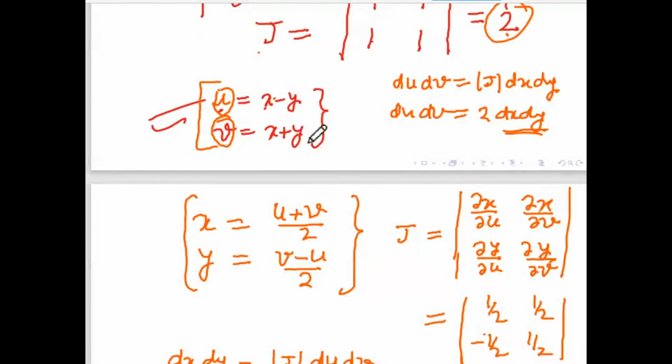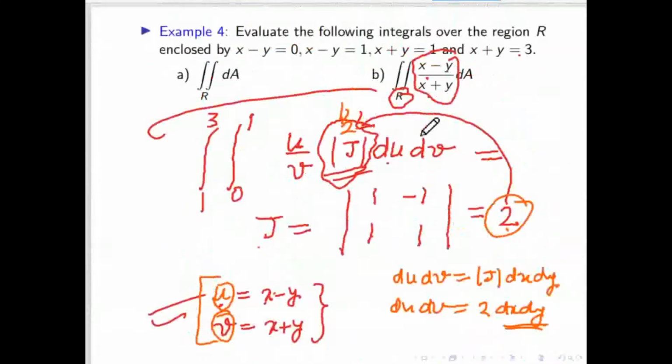But the advantage of using this is that here you need not find the value of xy in terms of uv if it is not given. Here you can easily find the value of xy in terms of uv. Sometimes you will not be able to find it, then you can use the first one. So now I think the doubt is clear. Who has this doubt? Is it clear?